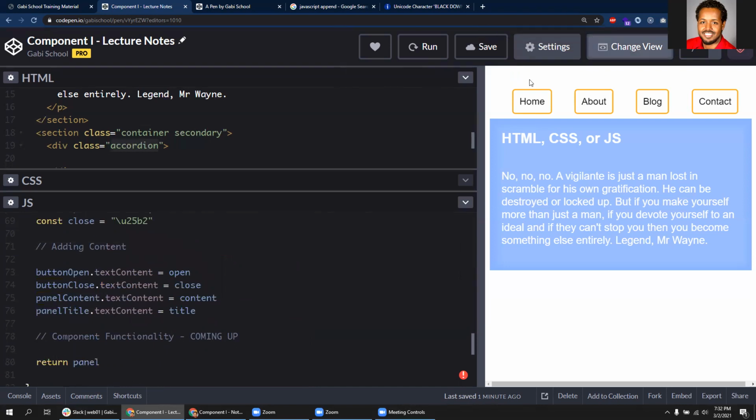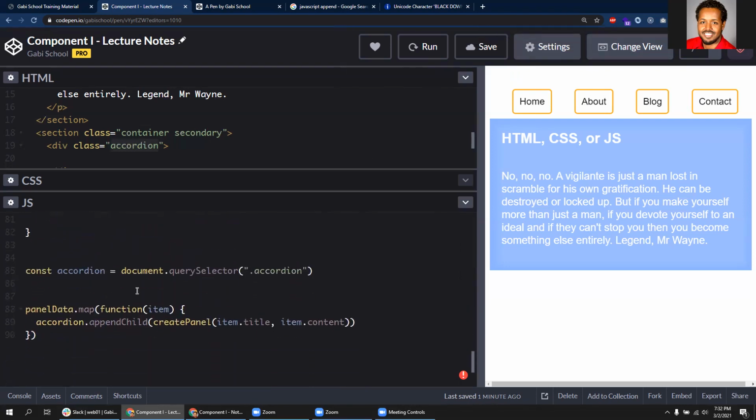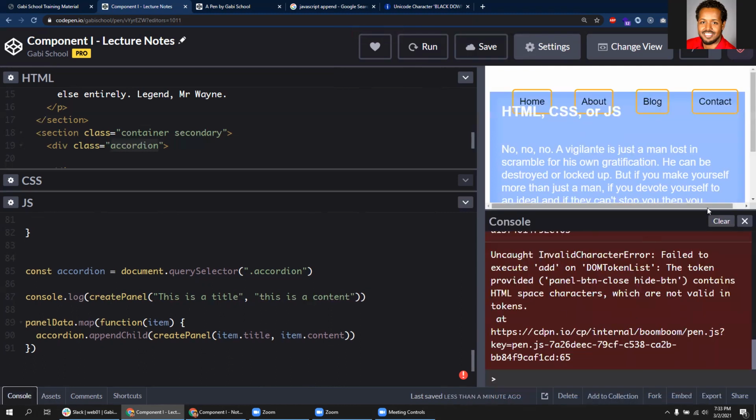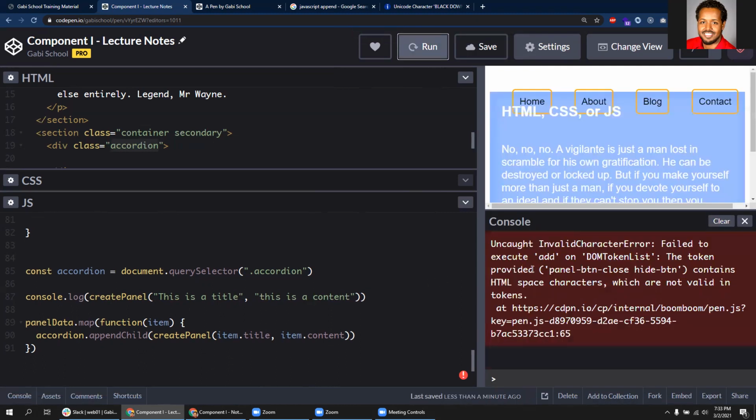Okay. So now we're gonna inspect the function itself. So let's actually console log the function. So let's pass it two things. We're gonna invoke it here, console log the function itself, and then we're gonna pass a title. This is a title and content. We're gonna know if the function is working from here. This is a content. Okay, so now if we save it and open the console and run, we should have,